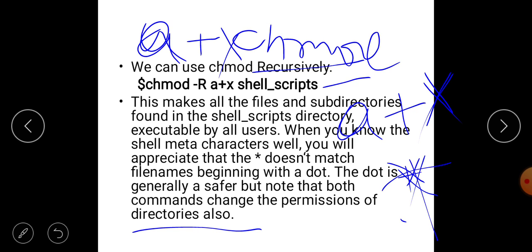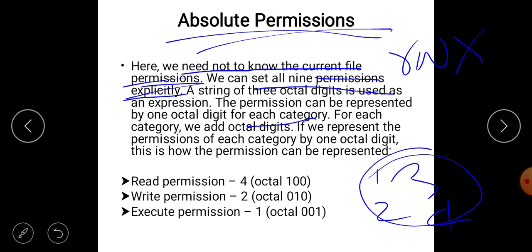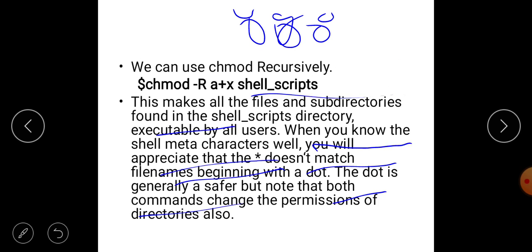Means the chmod command can be used for both absolute permission and relative permission. Okay, in absolute permission we need not know the current file permission, but in relative we should know the current file permission. Okay,